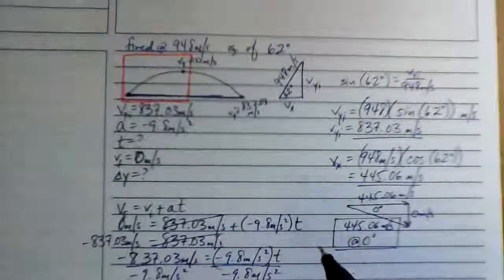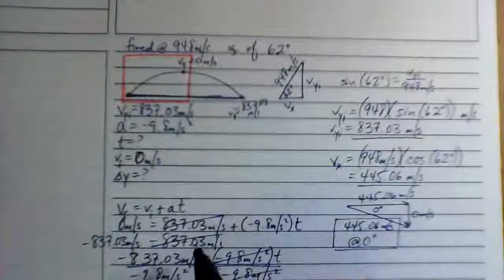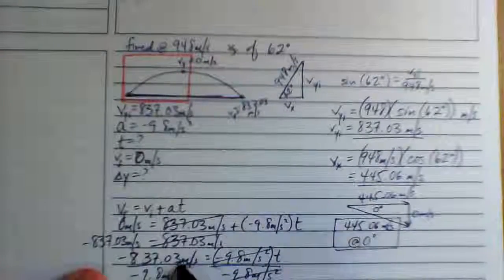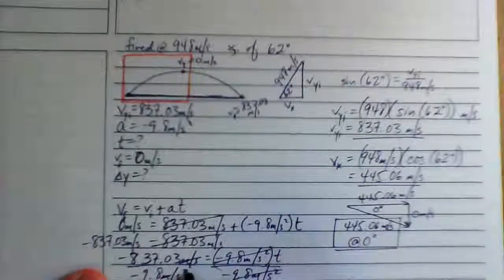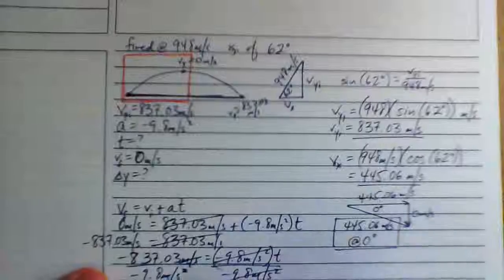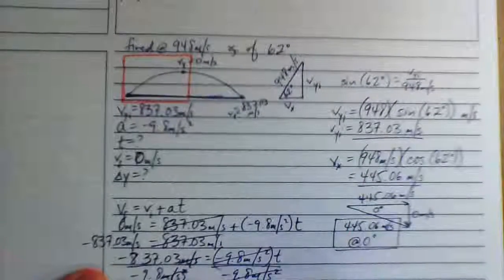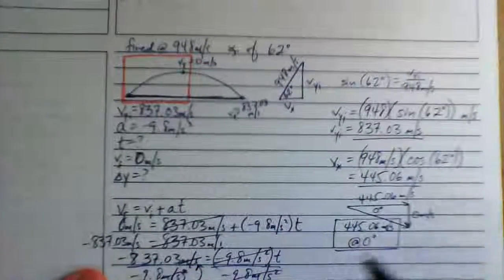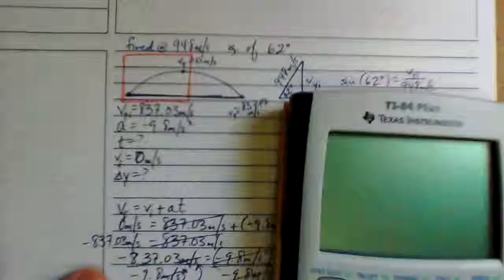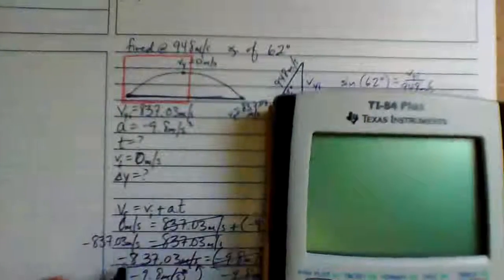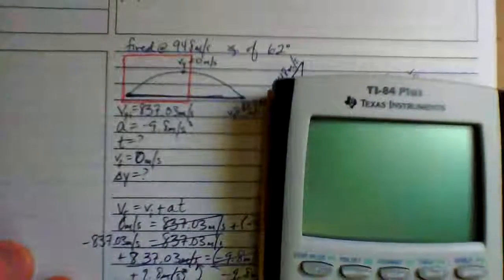Make sure you include your units in there. It's going to cancel out on the right side. Meters per second on the top is going to cancel with meters, and then my seconds squared. So I'm still left with a seconds to the negative 1 on the bottom. Since that's in my denominator, it's going to move up to the top. And so time ends up being